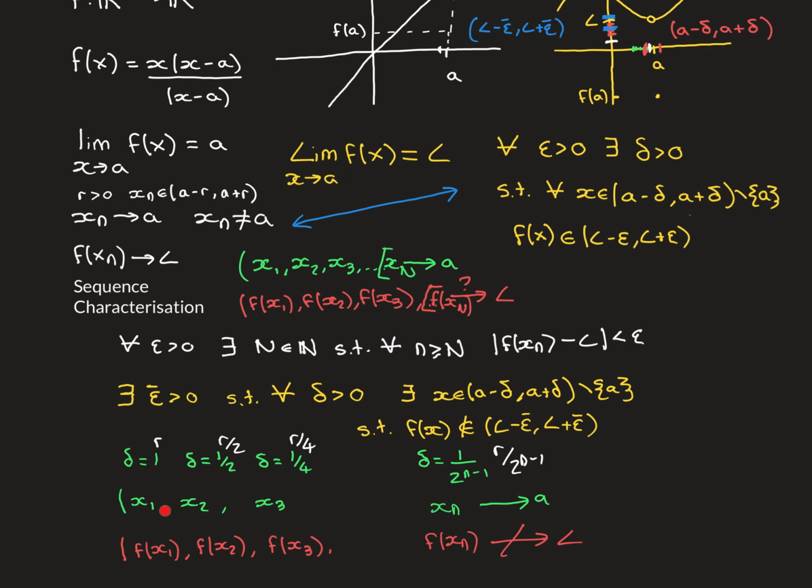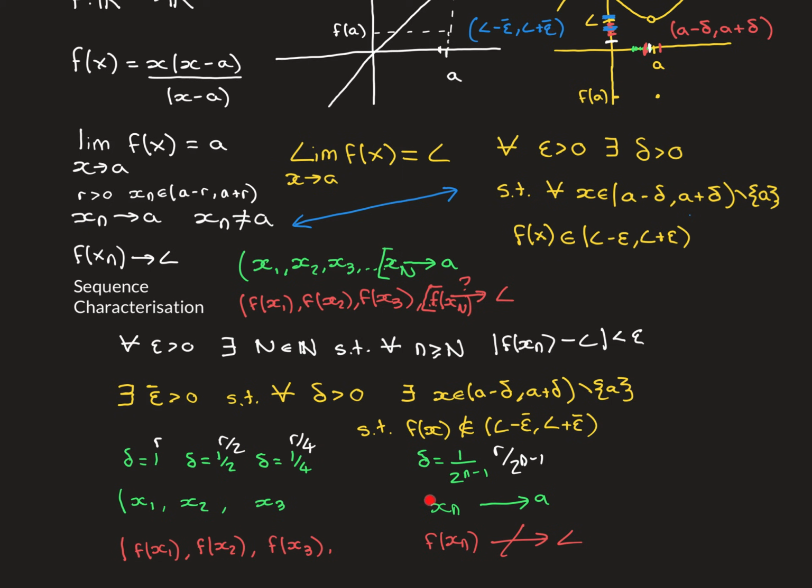Hopefully, again, it is clear to you that this sequence will converge to A because of the way we are selecting the terms inside these progressively smaller and smaller intervals that are centered around A. The terms of this sequence are also all inside this restricted interval now, because the largest interval was of radius r, and all the other intervals are smaller and therefore nested inside of this. So they are all terms inside our restricted interval of consideration. Also, none of the terms are going to equal A because of the way we are selecting them. We are selecting them as the thing that's inside the delta interval that is not A, that is mapped outside of the epsilon bar interval, which, if this is true, must exist.